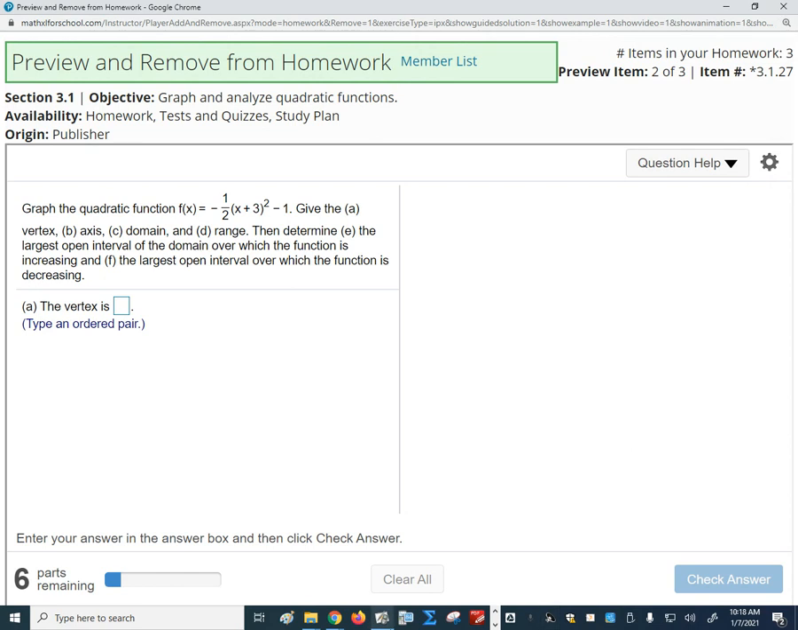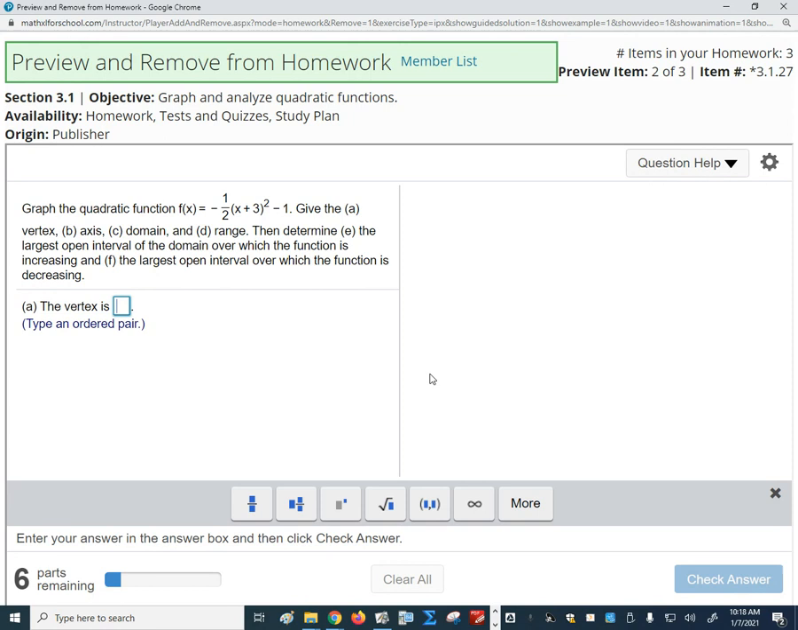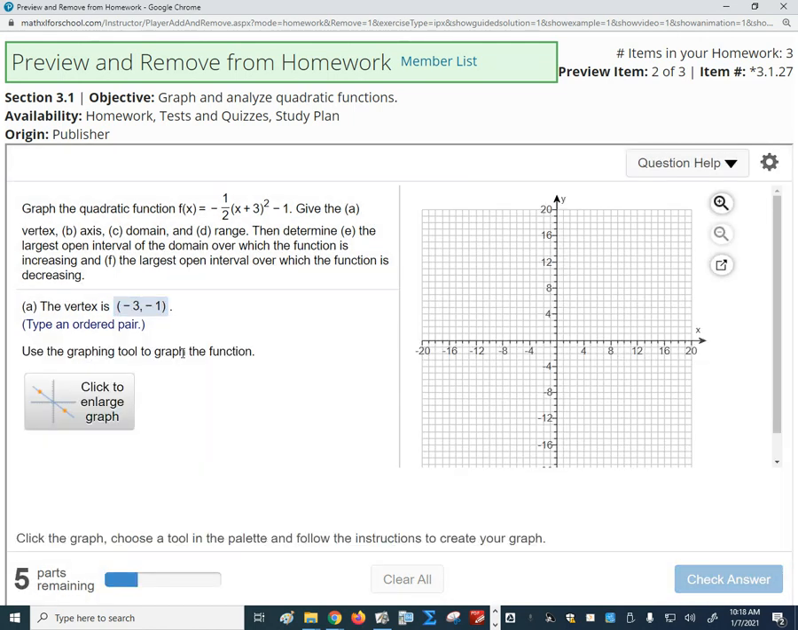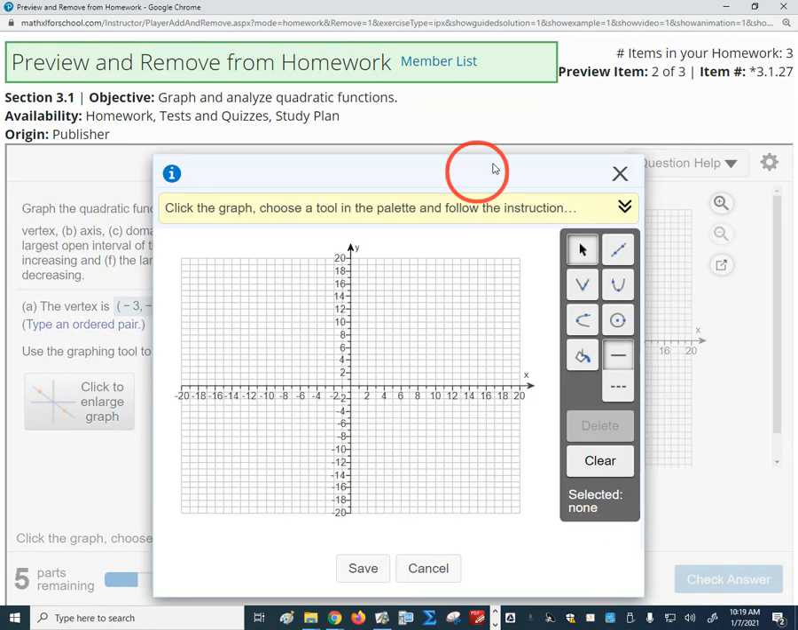First of all, Pagan, what are the coordinates of the vertex for this one? We'll just go through a sample problem here together. Is it -3, -1? There you go. So -3, -1. Very good. All right. Now we want to graph this one. Okay, so we know the vertex. That's helpful when we're graphing